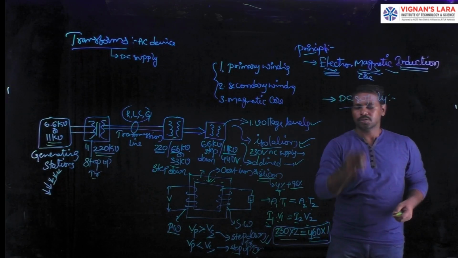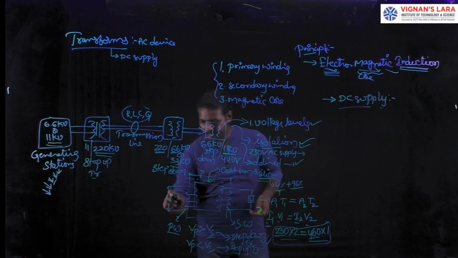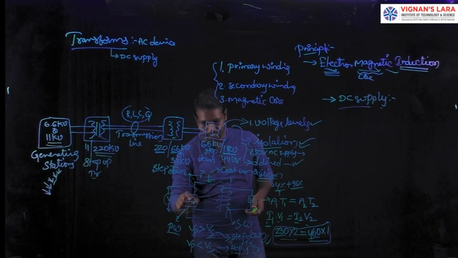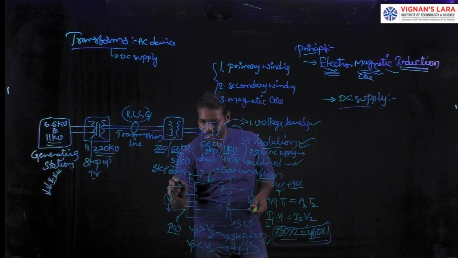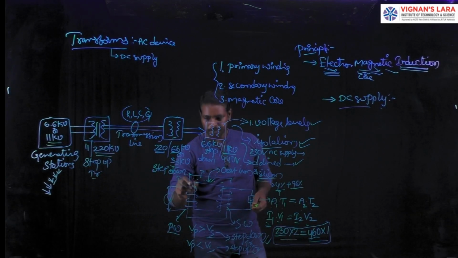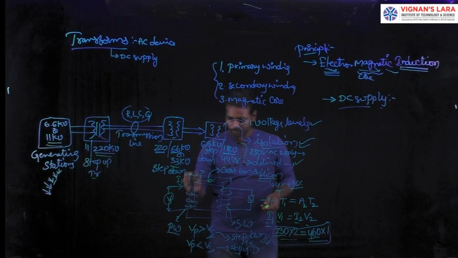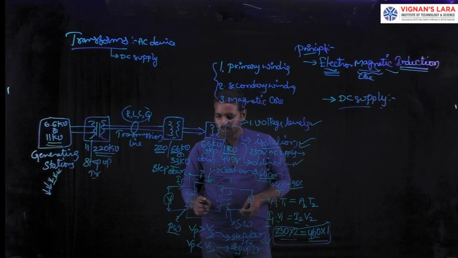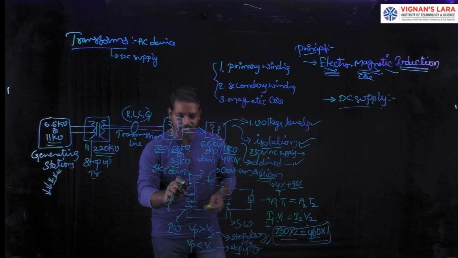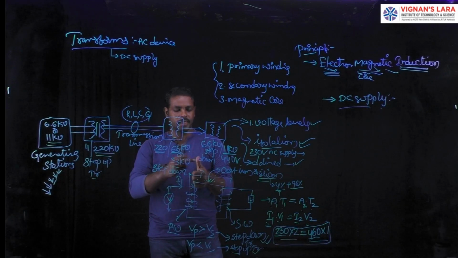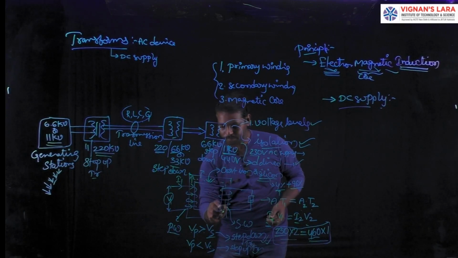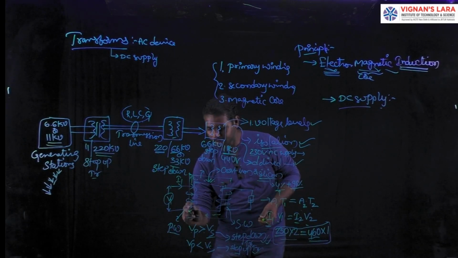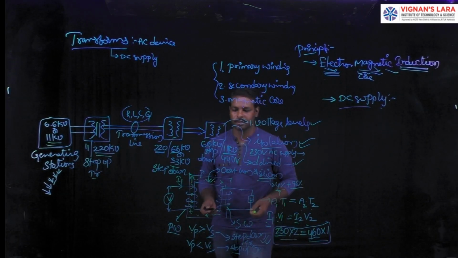Generally, whenever the AC supply is directly connected to the primary of a transformer, the voltage V1 and corresponding current I1 are directly given to the primary winding, passing through this path. The direction of current is decided by the right hand thumb rule. The thumb indicates the upward direction, so the current is also flowing in this path. This is the direction of current or flux.